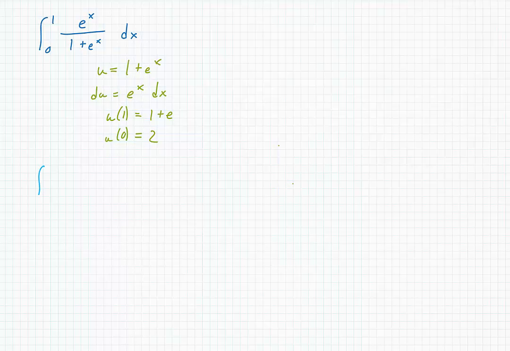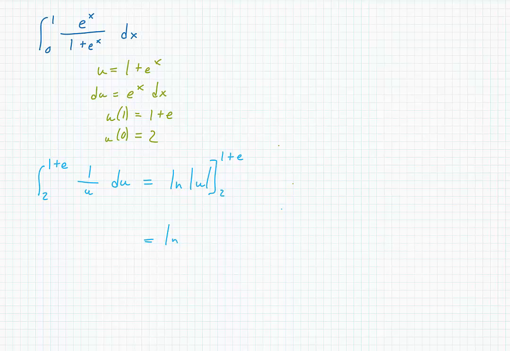So this is going to end up looking like the integral from 2 to 1 plus e. There's a funny looking upper limit of integration, but it works. That's a number. And we're going to end up with 1 over u du. So that's going to be equal to the natural log of the absolute value of u evaluated from 2 to 1 plus e,